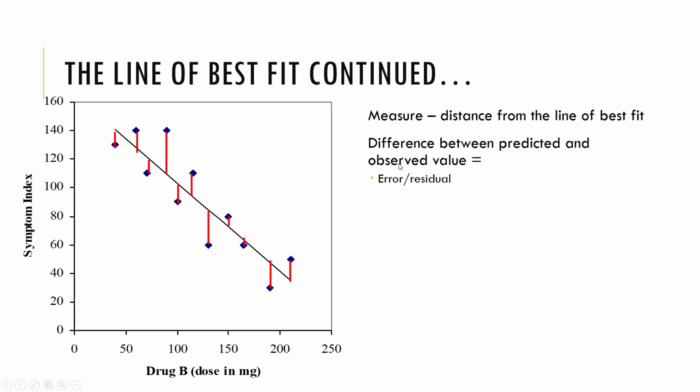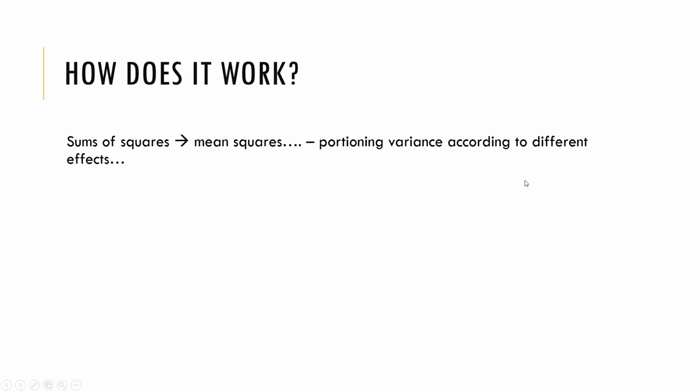And that is really key. The residuals are how we check an enormous amount of the data assumption requirements then of regression, but also things like ANOVA, particularly with complicated designs in ANOVA and MANOVA and so on. So what regression does is it takes these initial sums of squares, it turns them into mean squares, and it starts to portion up variance according to